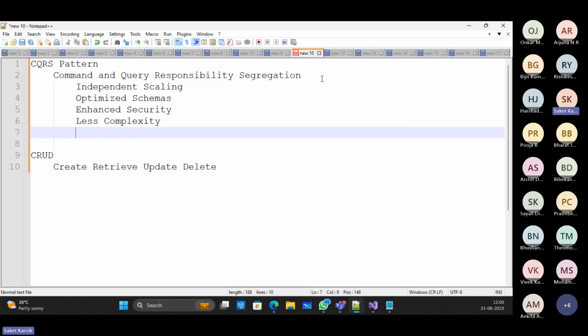And next is simpler queries. This is specifically for query operation or read operation. What I can do is I can have very complex query depending on multiple tables, which usually will require multiple joins. Instead of that, I can create a materialized view which stores the data also into it by running the query when it is created